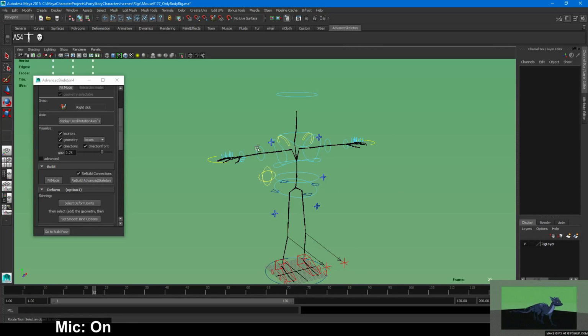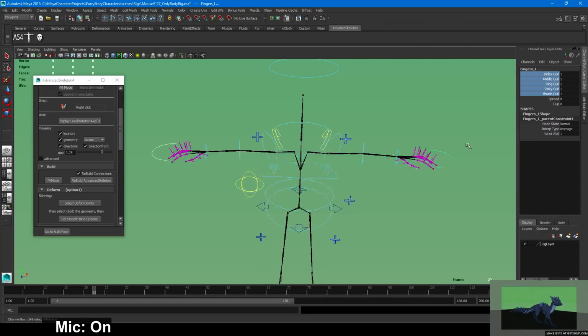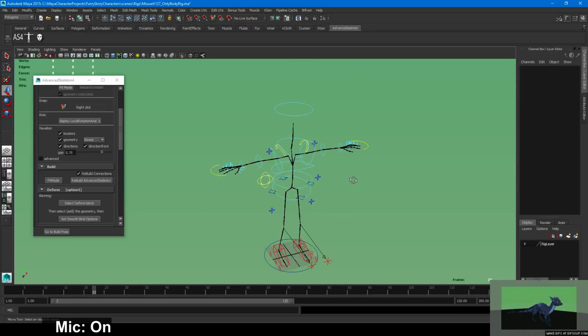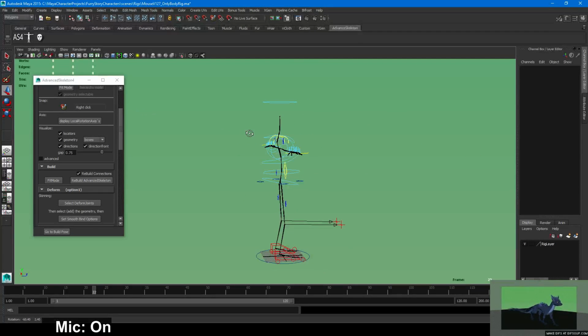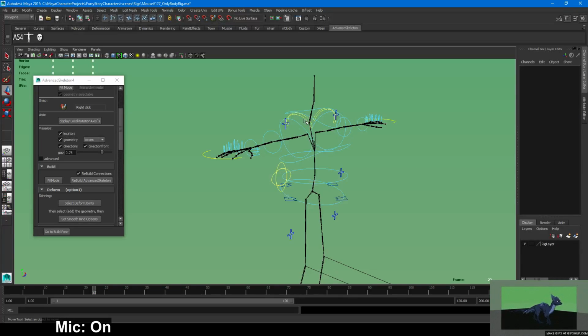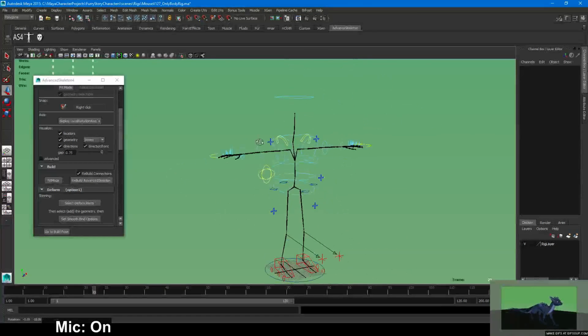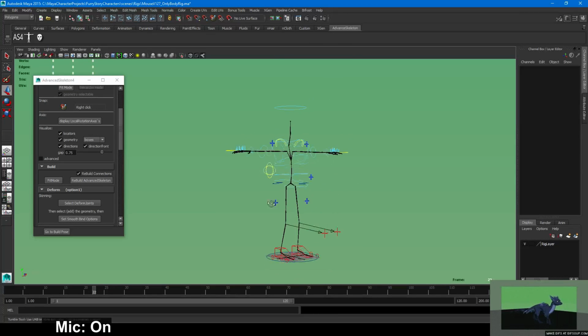Checking just the basic main controls of him. That kind of looks weird doing that. Might edit that later, but